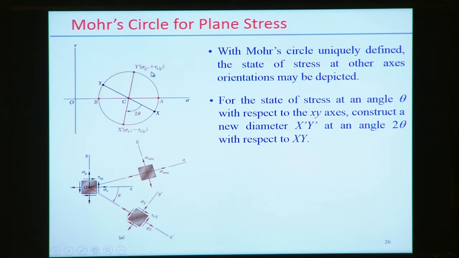So in this case, the initial stress state is given. So xy actually represents the stress state with respect to the axis system small x small y. Now for x dot y dot, we need to represent the stress state by drawing the opposite angle 2 theta here, and then x dot, and we define the x dot and y dot. And finally, if the principal stress exists with respect to theta p, then that angle can be twice theta p, and then accordingly looking at the coordinates, finding the radius, we can draw the Mohr circle in this case.